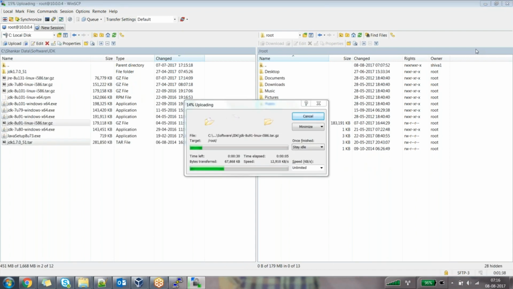I'm just trying to copy the JBoss software which is present on my local machine, as well as the JDK software which is present on my local machine. I'm pretty sure you all must know about this software called WinSCP, so I'm not discussing anything about that. It's simple software, you can just do a quick Google and download it, and give the IP and